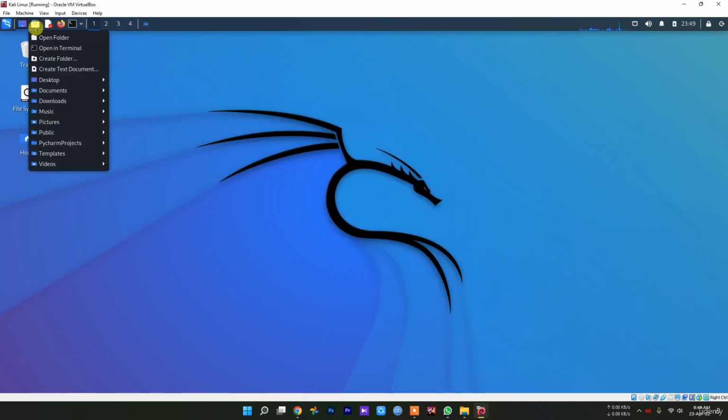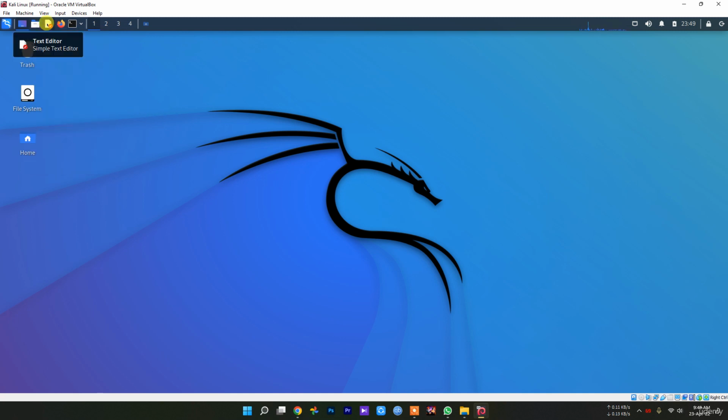And then here, this is our document or folder tool. In here you can access Desktop, Documents, Downloads, Music, Pictures, Videos, and you can even create folders and open a terminal, all of that in here. This is our text reader, which is a simple text editor,